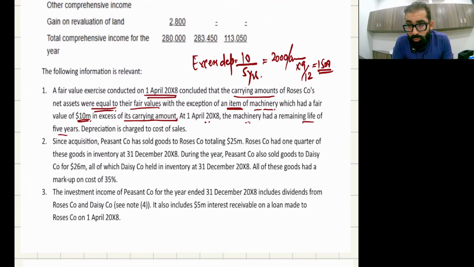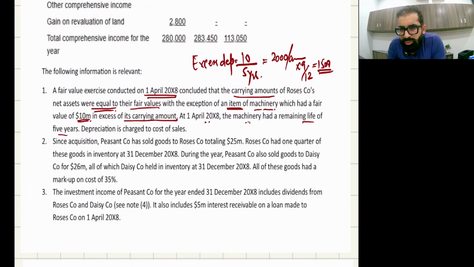Now as you all know the rules, this is revision days, this is not a normal class. This excess depreciation will be added in consolidated cost of sales, number one. And number two, this excess depreciation will be deducted from S company's profit after tax in the calculation of NCI, right? When we'll be doing NCI working, this excess depreciation will be deducted from S company's profit after tax, definitely